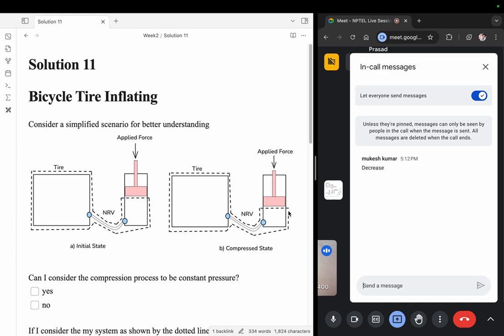If this is completely insulated, then it is adiabatic. Adiabatic is some assumption that most often might not be given